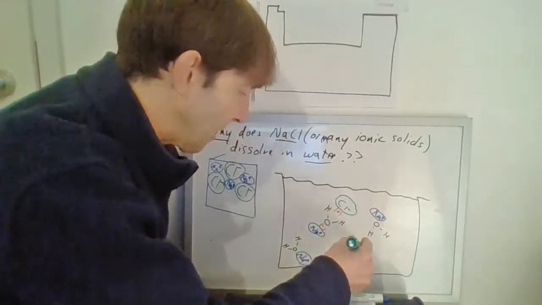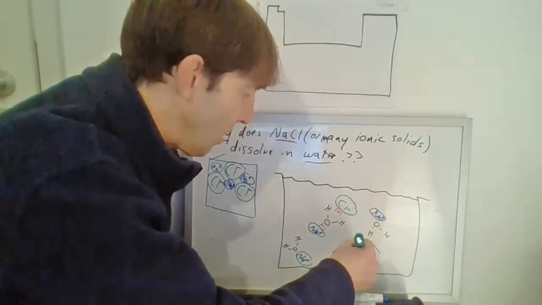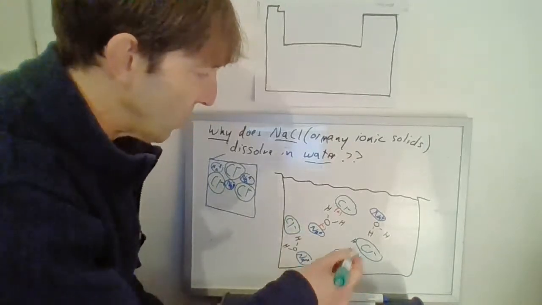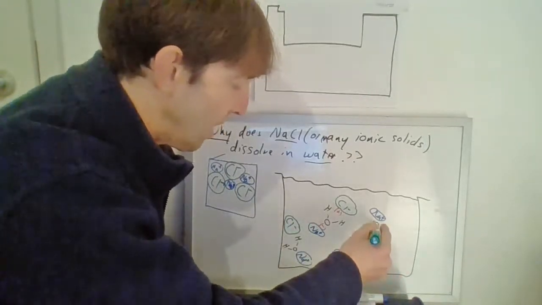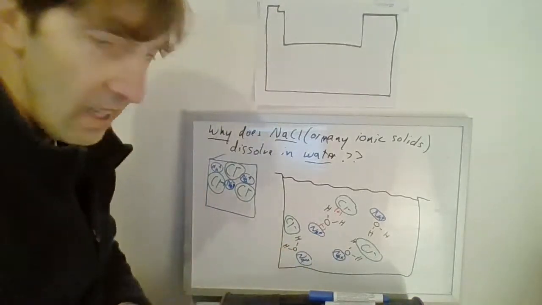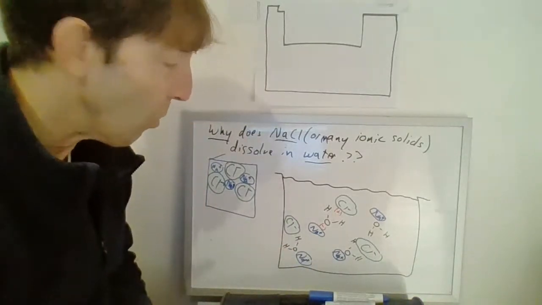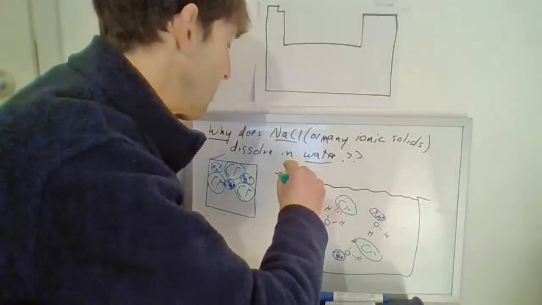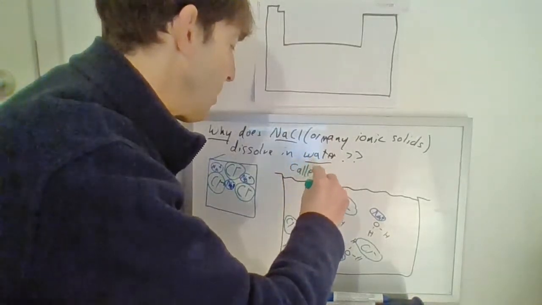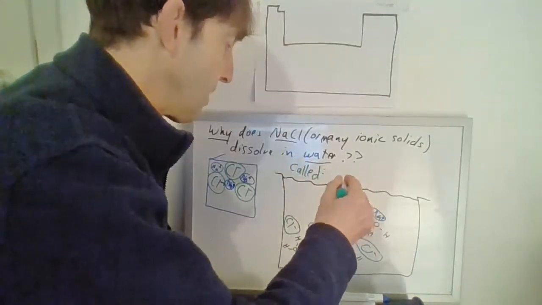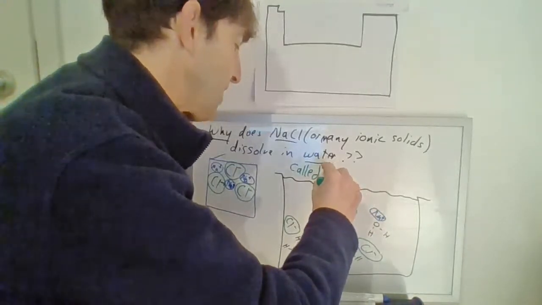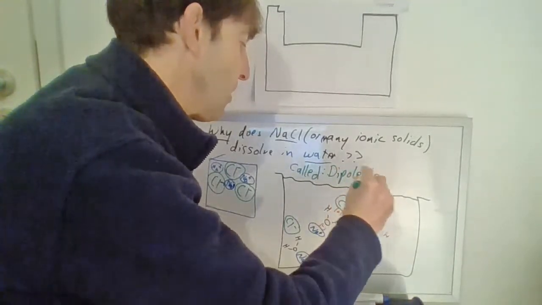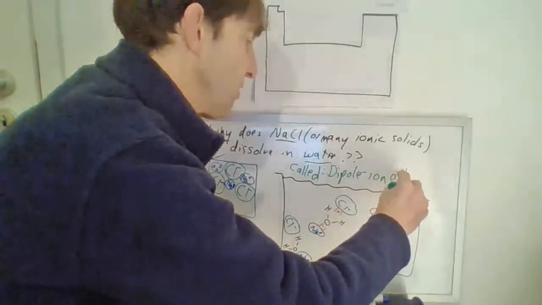So these big guys are going here, and snuggling up to the other side, aren't they? Look at this. This one's between a couple of them. That's fine. So that's what dissolving is. Now, what we call this is, you ready? This is called dipole ion attraction. Or attractions.